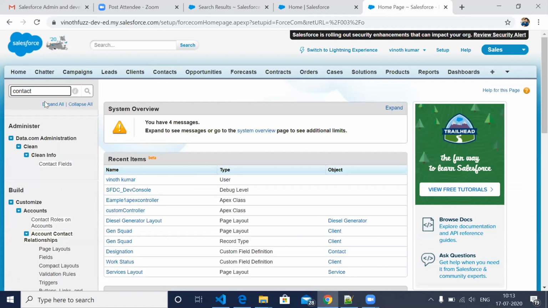Salesforce already created it. We are not creating it. Salesforce has already created some of the objects. Everything like that is called a standard object. So let's say Contact is a standard object.